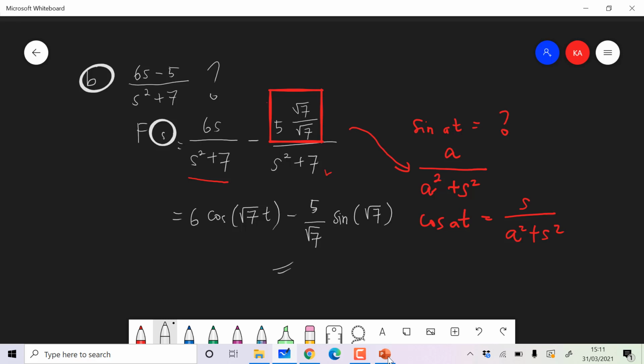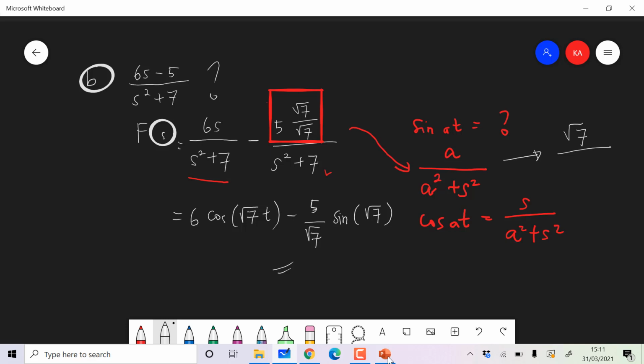Okay, so the a is square root of 7 and a quadratic is 7. So we have to know how to convert from this form to this form, because we want to get, in this case, the function of sin at